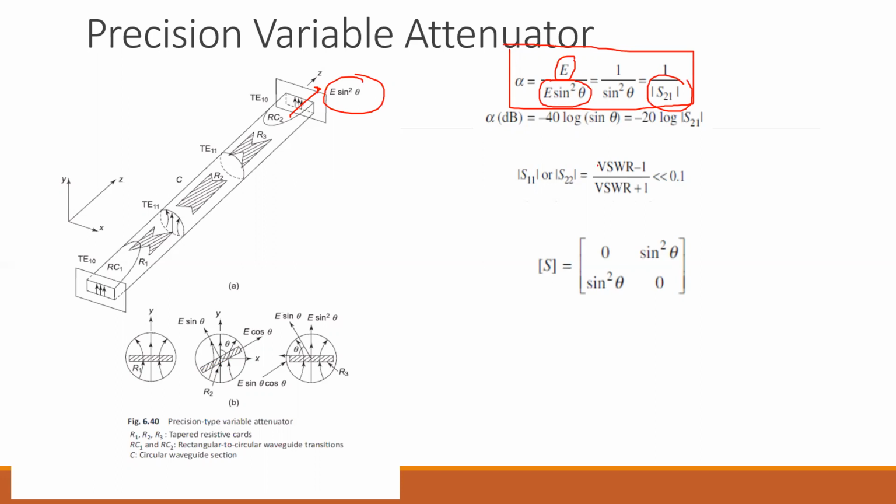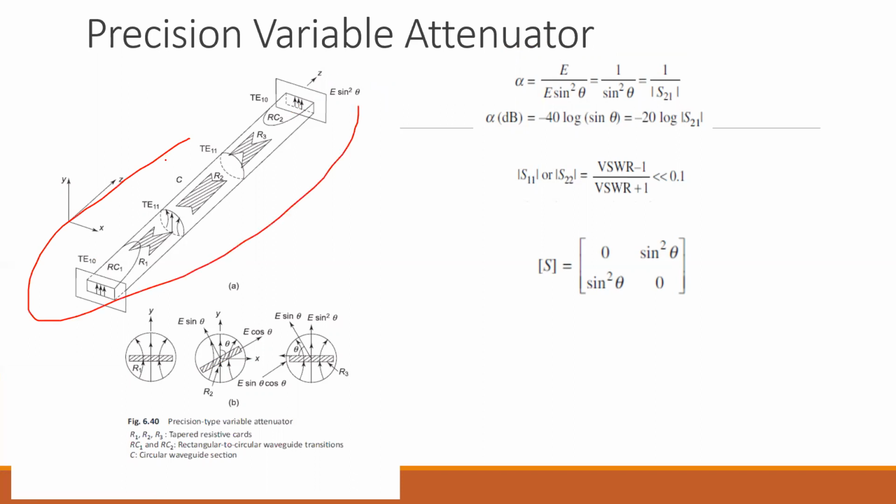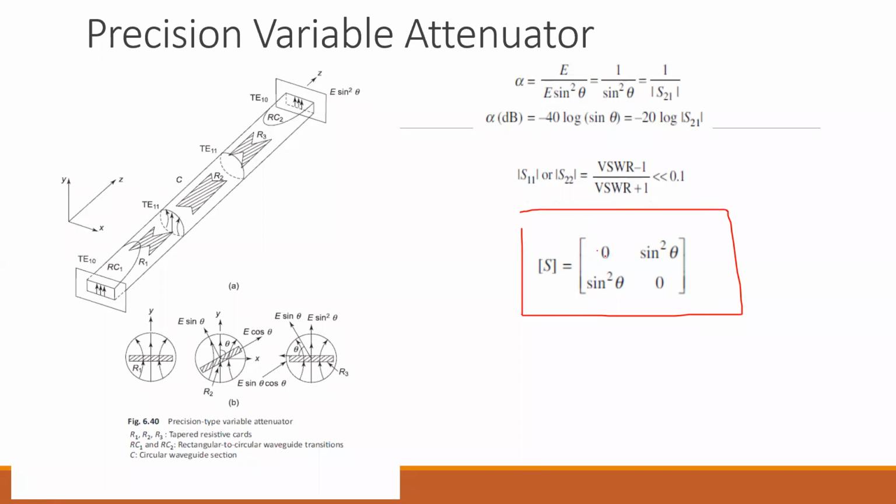And what about the reflection coefficient? Generally, if you are introducing these elements, it should introduce only the attenuation. It should not do any other thing. It should not introduce any reflections. That is what we can observe over here: the diagonal elements are 0. So it indicates that there are no reflections introduced by this precision variable attenuator. That is the motto. There should not be any reflections introduced over here. Therefore, this S matrix will be represented in this form, wherein the diagonal elements are 0 and the non-diagonal elements are sine square theta. So this is what we have